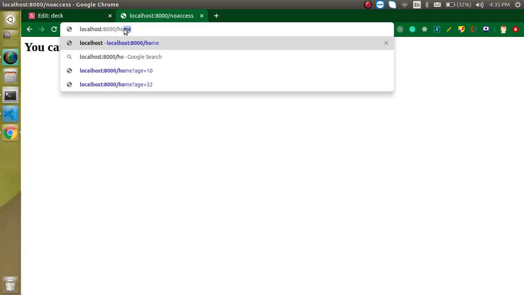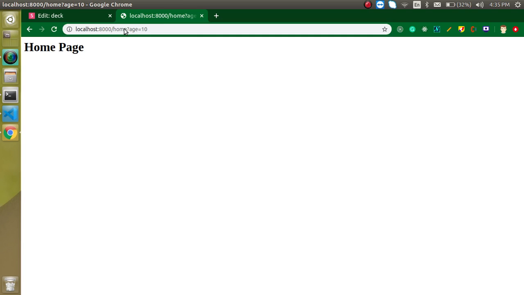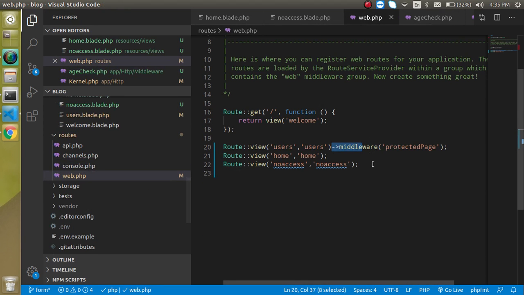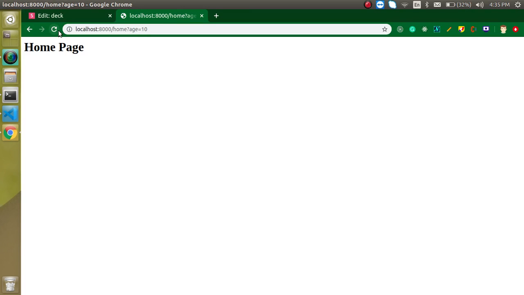But we can access the other pages like home, and if our age is 10, then we are still able to access it. So this is the way we can apply the middleware on a specific route, right? You can do it on the home route also, like just do it here if you want. Now if we try to access this home page with the age of 10, then you will go to the no-access page, right?